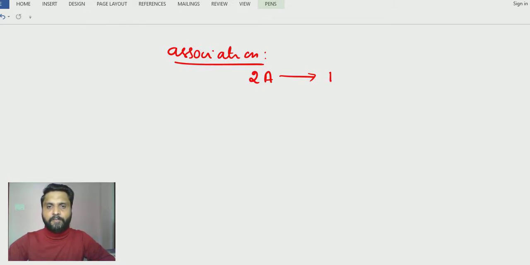That means it will be in the form of A2 molecule. Such a process is called the association process. That means if I start with 2 molecules or 2 moles, it will produce 1 mole or 1 molecule. Clear, students? So I can find out the i value. i is equal to after association, 1, divided by before association, 2. So it is equal to 0.5.